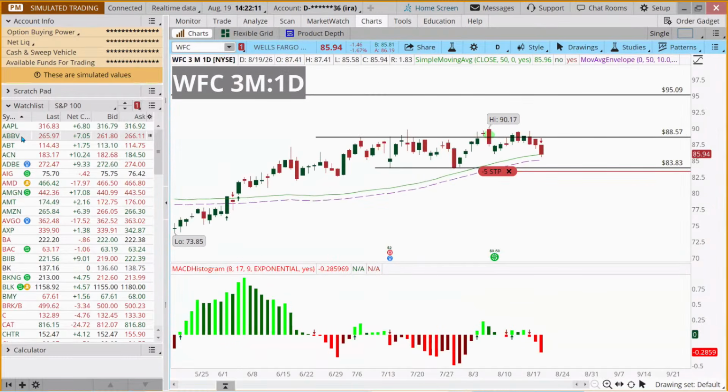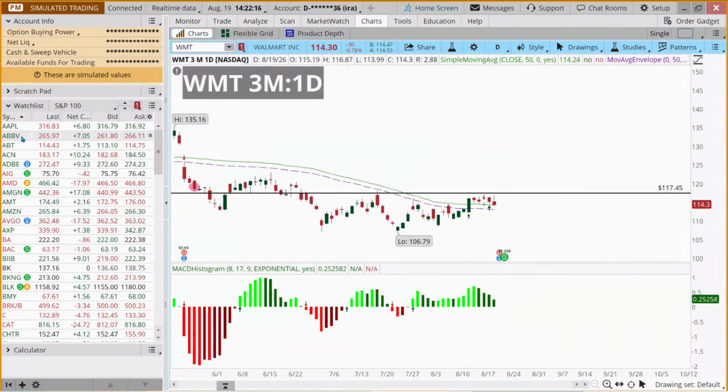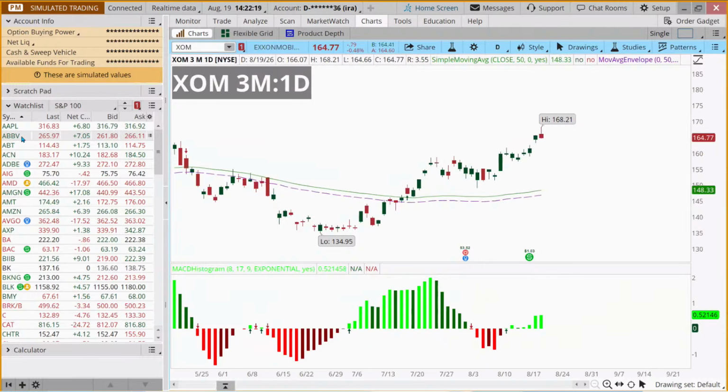Okay, Wells Fargo, green arrows or red arrow on both, not a buy signal. Walmart, again, we kind of looked at this one already, kind of sideways. And ExxonMobil, 7 days ago, MACD turned green. Okay, so